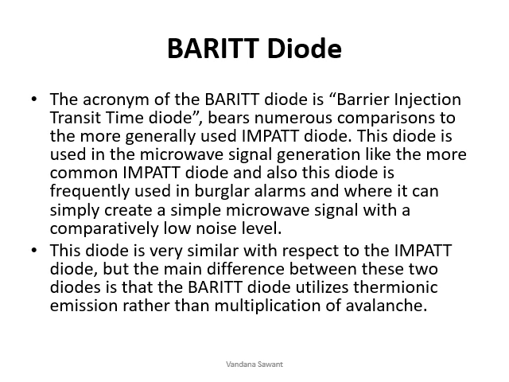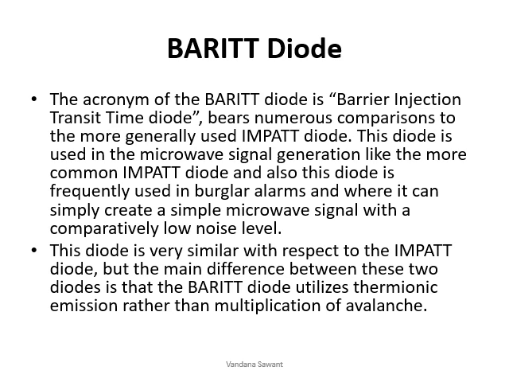Then the last avalanche transit time diode is the Barrett diode. Barrett is an acronym for barrier junction transit time diode. It bears numerous comparisons to the more generally used impact diode. It is similar to an impact diode. This diode is used in microwave signal generation like the more common impact diode, and